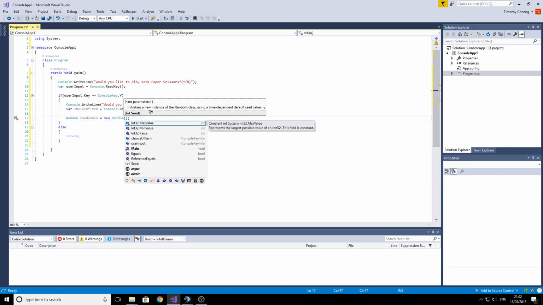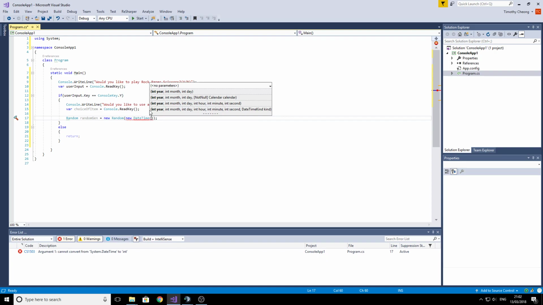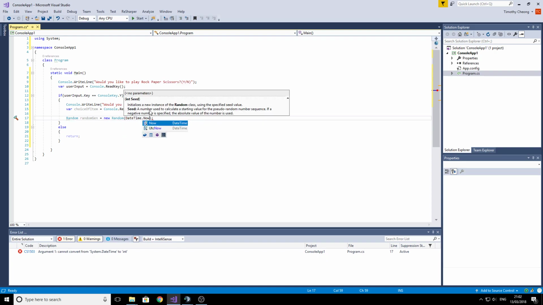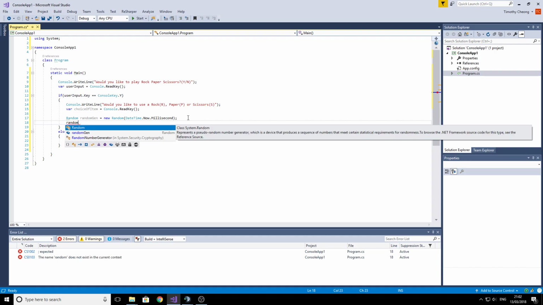So you can go new date time. Oh, is it actually it's date time, isn't it? Date time dot now dot milliseconds. So what this is a representation of current time, and then grabs the millisecond. So because every time you run this program, the millisecond will be different, you'll get a different seed going into the random generator. So now that you've got the random generator, you go random generator